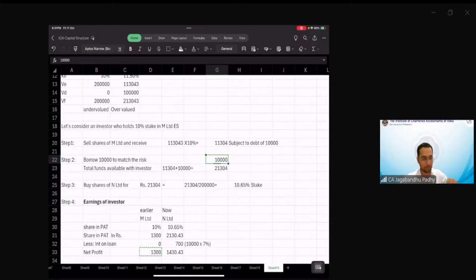सर मेरे को एक छोटा सा डाउट था सर, ट्रेड ऑफ इसको तो नहीं कहेंगे ना? ट्रेड ऑफ नहीं होता है सर. ट्रेड ऑफ तब होता है जब इक्विटी और डेट के बीच में तुझे चूज करना होता है कि इक्विटी से फंड उठाओ कि डेट से फंड उठाओ. तो उनका कॉस्ट हम देखते हैं, जिसका कॉस्ट कम होगा, उसका नेट इफेक्ट. पिछले चैप्टर में कैपिटल स्ट्रक्चर करते थे ना हम? तो ये 3 ऑप्शंस होते थे, तो उसमें एक में इक्विटी होता था, एक में डेट होता था. तो डेट की वजह से आपका कॉस्ट ऑफ कैपिटल कम होगा, है ना? तो वहां पे डिसीजन जब ले रहे थे तो वो ट्रेड ऑफ होगा. ठीक है सर.